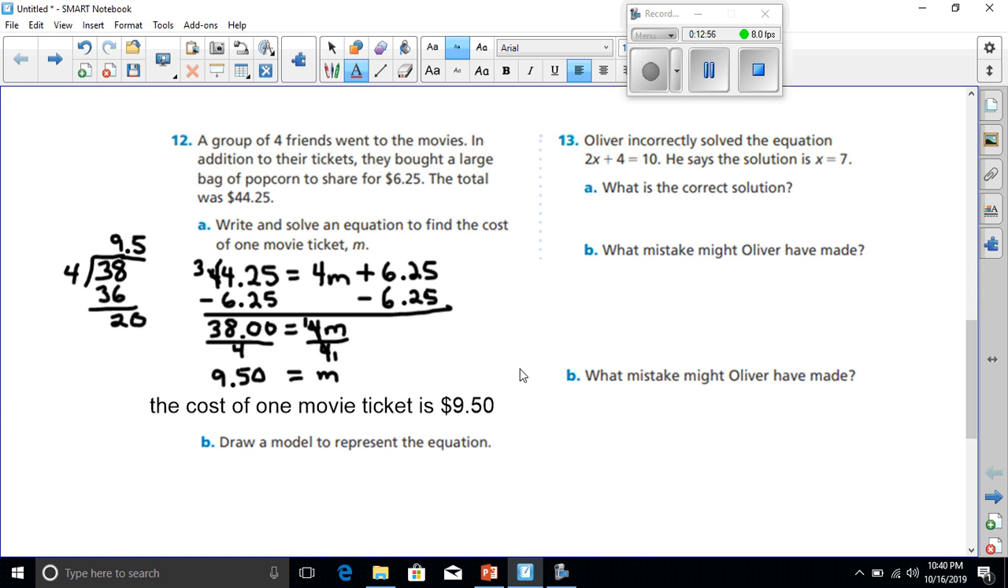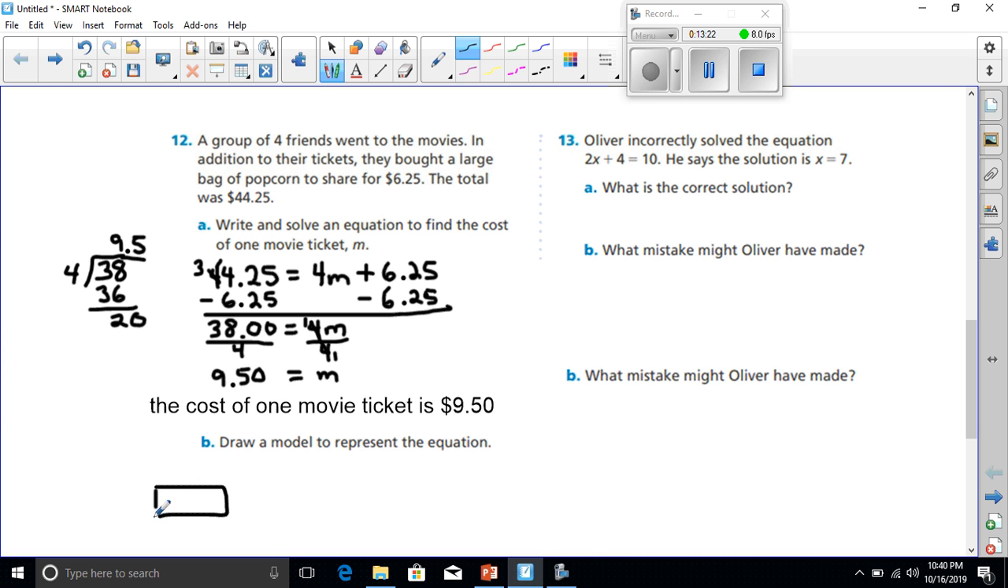All right, let's try part B now of 12. It says here, draw a model to represent this situation. Well, if I'm going to draw a model of this, it said that 4m plus 6.25 has to equal 44.25. So if I was to draw a model, I think I would put